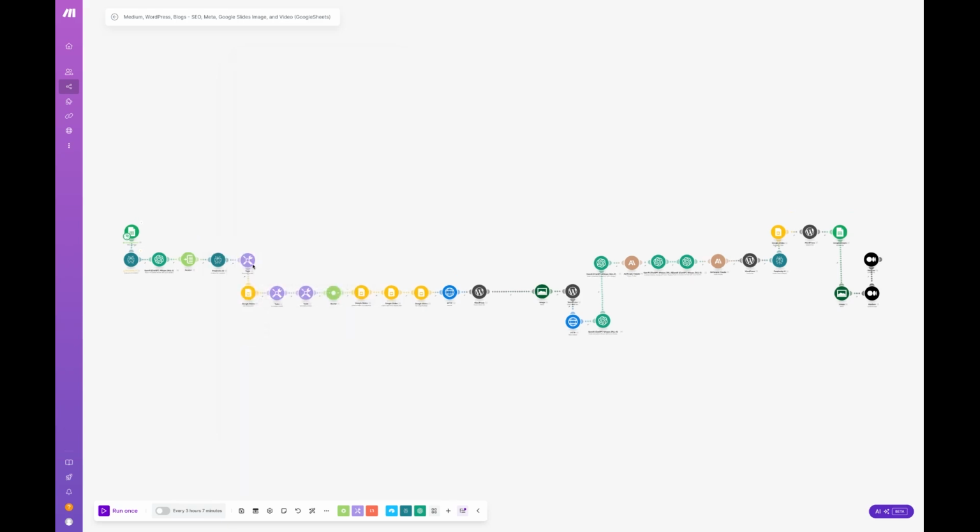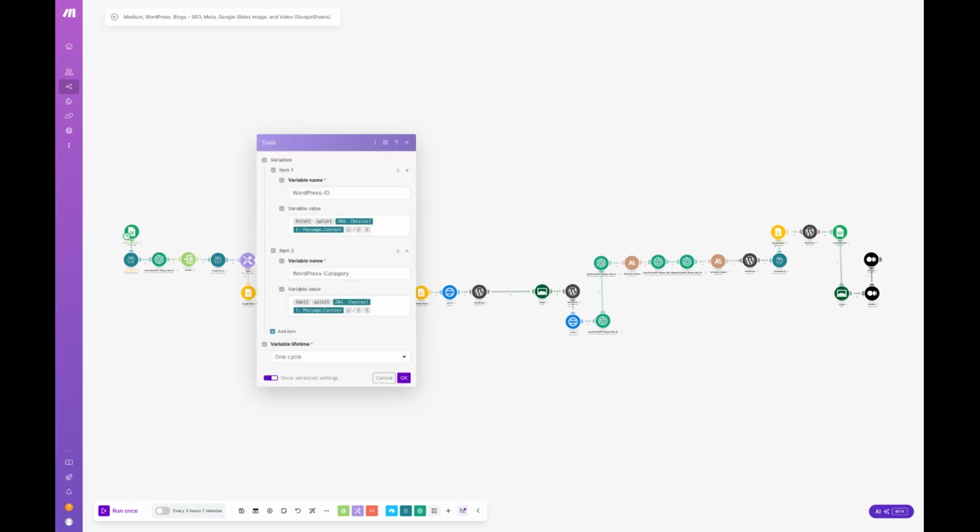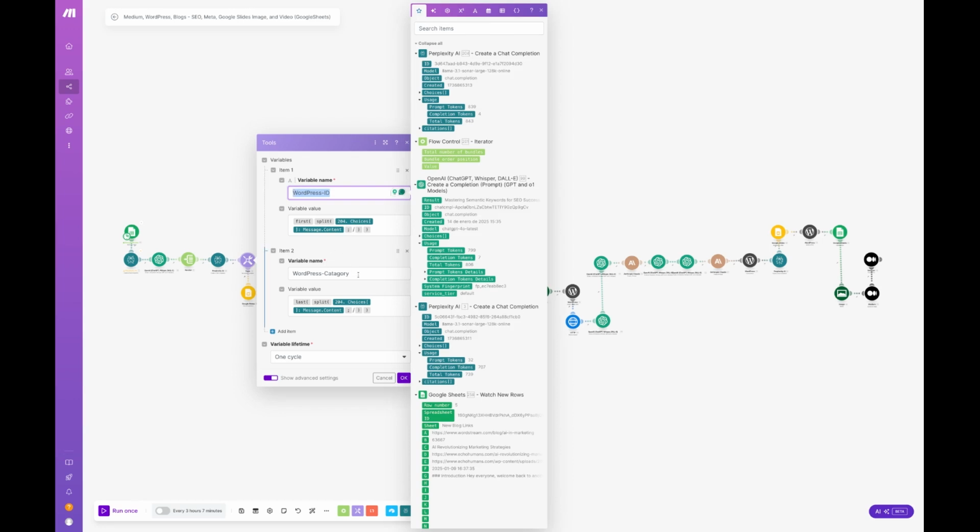The next built-in Make Tool module job is to split or separate the category ID from the category name. And we do this by defining two variables. The first being WordPress ID and the second being WordPress category. We ask this make variable tool to split the category ID from the category name within the value input field, which then saves our ID to a variable called WordPress ID and the name to a variable called WordPress category. We will then use the category name within our branded image and also when we post the blog